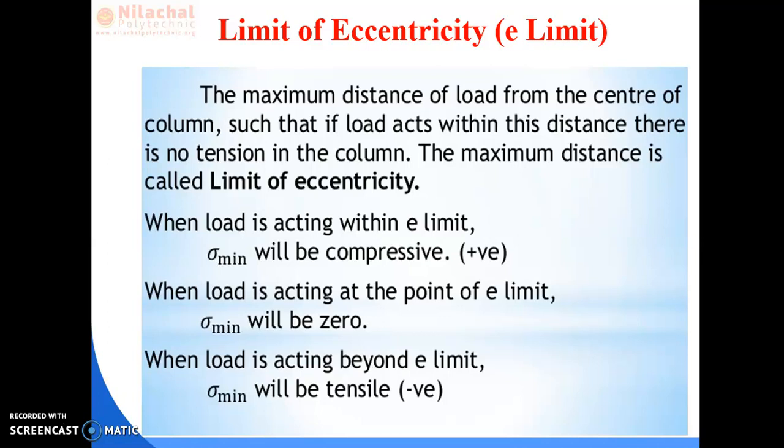In this way, in this video, we conclude that maximum stress is equal to bending stress plus direct stress, and minimum stress is equal to direct stress minus bending stress. The formula is P by A, 1 plus 6E by B, which is the maximum stress, and P by A, 1 minus 6E by B, which is known as the minimum stress.